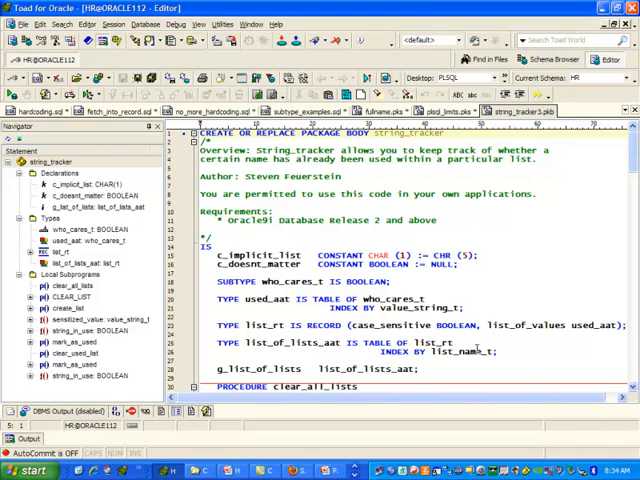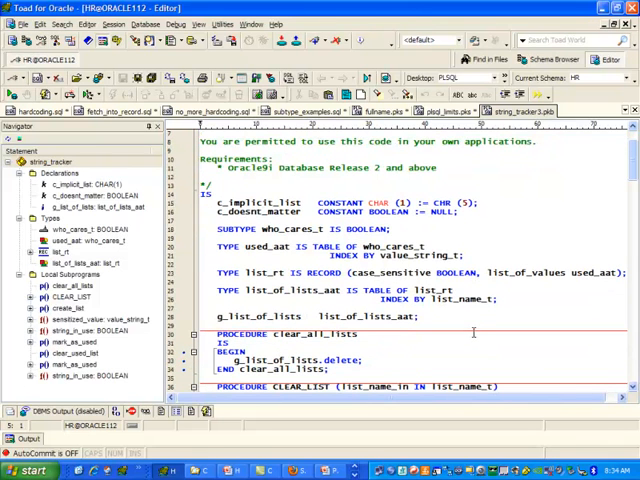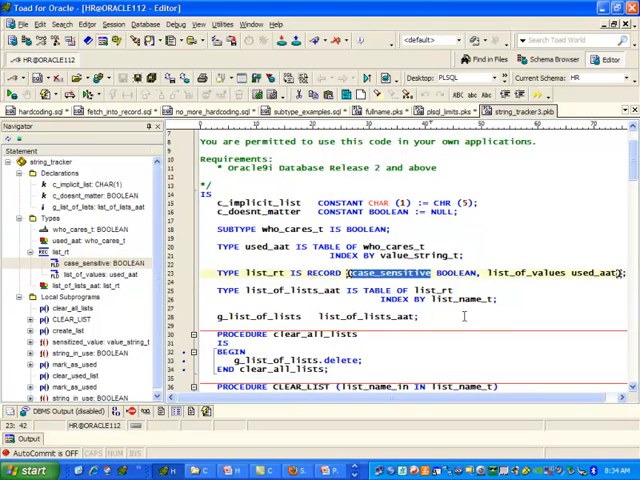Now what I've done here is define a very complex structure. I've got a list of lists. Each list is a record. I'm sorry, the list of records, my apologies. A list of lists is a collection in which each element of the collection is a record. Each record has two elements, or two fields, case sensitive and list of values. The list of values is a collection itself, a table of who cares, which is a Boolean indexed by value